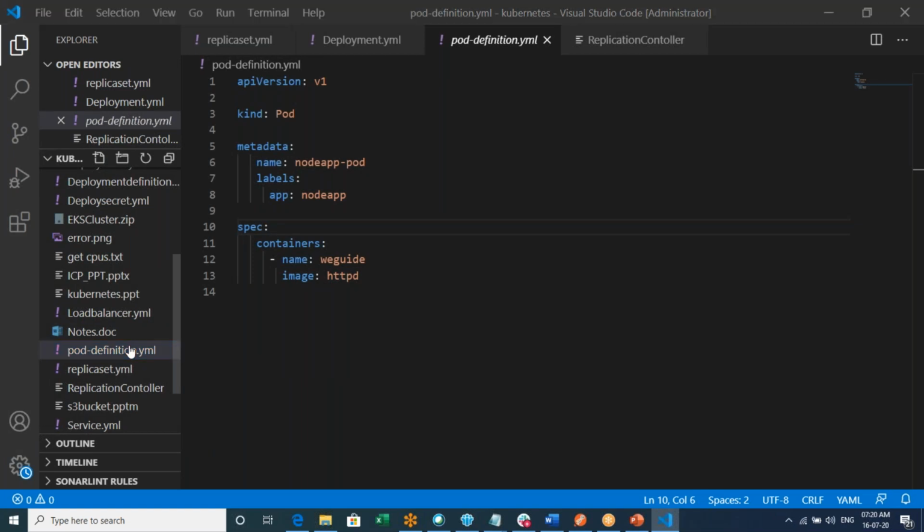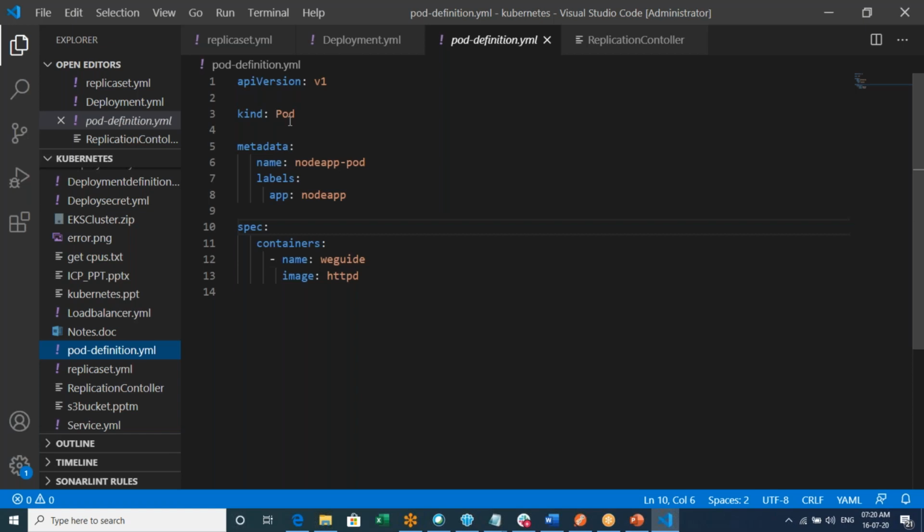So what exactly does it contain? It has four sections: API version, kind, metadata, and specifications. We'll be adding a few more, like replica sets, a little later, but as of now, understand there will be four sections. Even in other YML files, like for replica sets, services, and deployments, we will be using the same structure: API version, kind, metadata, and specifications. But this will change. Instead of pod, you will be specifying replica set or something else.